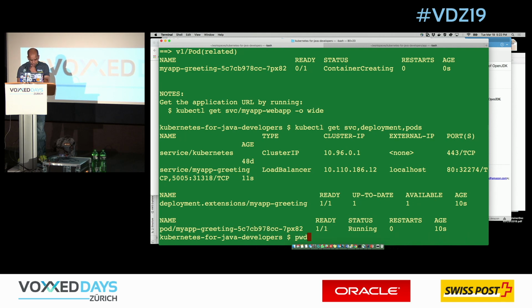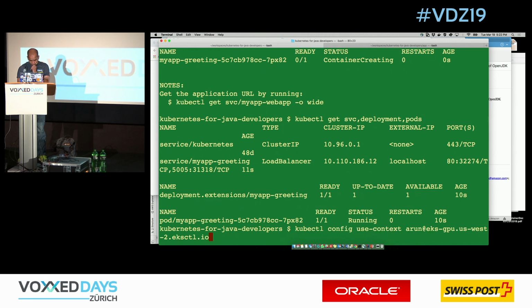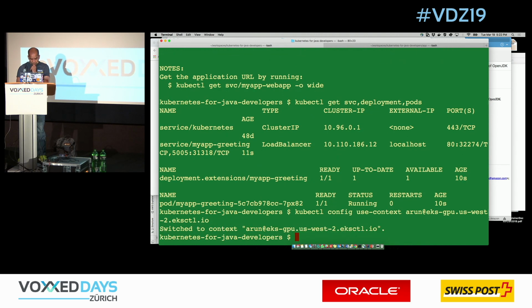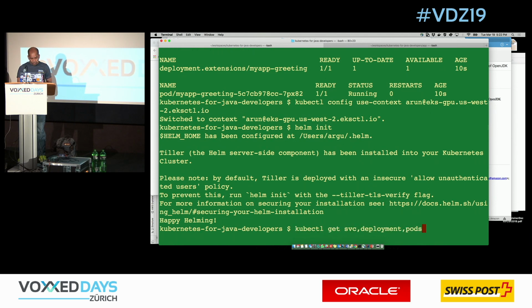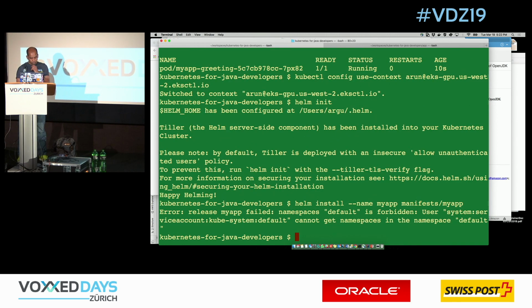So now if I were to switch the context to say this GPU cluster, I can switch the cluster and essentially run the same set of commands. Now I'm just saying helm init. Now helm init is deploying the Helm server component on the GPU cluster over there. It takes a while for the daemon set, which is basically one instance of Helm running on each node, to come up. But once it comes up, then all I do is the exact same command, helm install, and this is going to install my application, the same application, now on an EKS cluster.